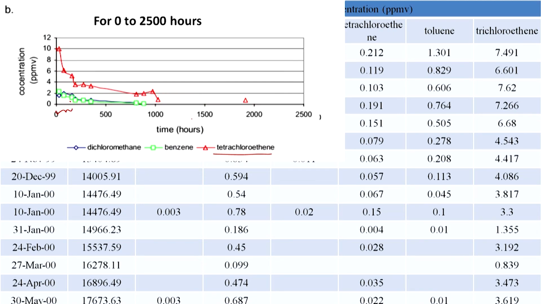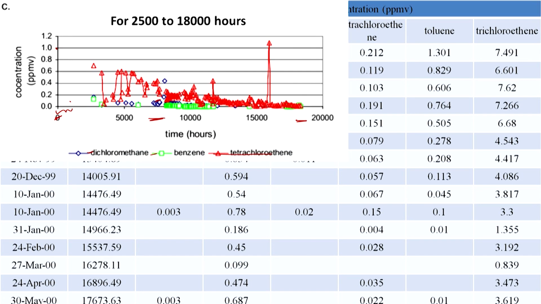So, the same picture, from 0 to 2500, as we mentioned earlier, within 1000 hours we were able to capture almost 90% of the relevant contaminant, right. And same case with benzene and dichloromethane, right. So, relatively similar profiles. The next fraction, as you can see here, shows the effects of rebound; you see an increase here from time to time.